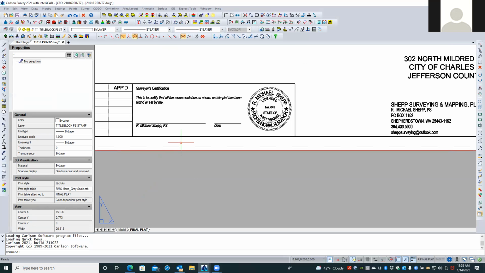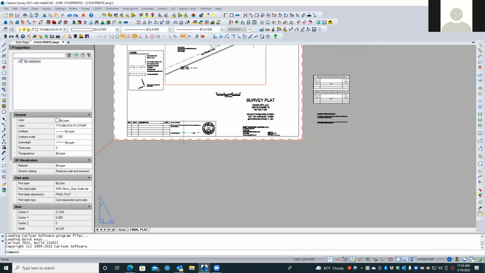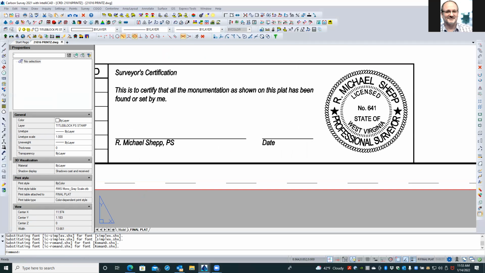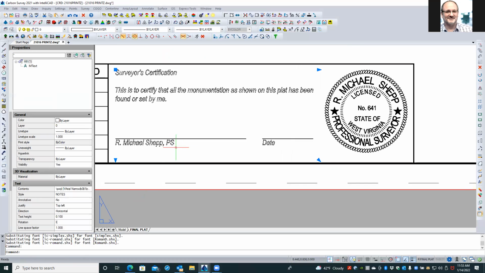You know what I would do here, Mike, is let me save it first. I don't remember how long it's been since we saved it. Well, we just now reopened it, so it had been saved. All right, so now I would probably